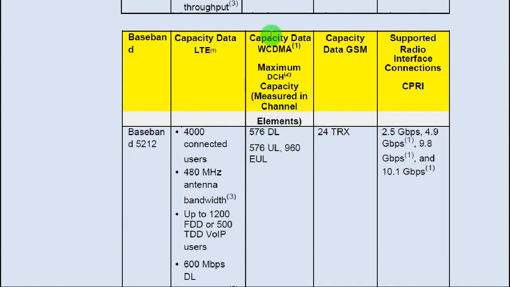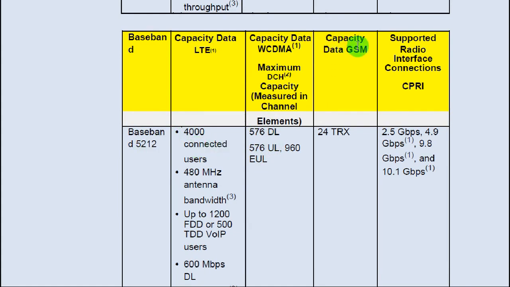For 3G, capacity data for WCDMA is 576 downlink and 576 uplink. I think both are the same; uplink and downlink are the same in baseband 5212.